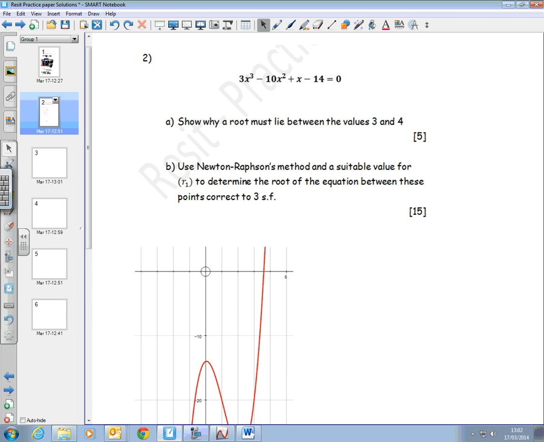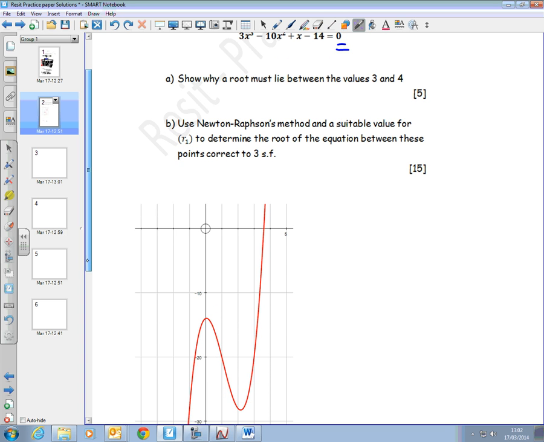Okay, resit practice paper, question number 2. Here we've got to try and find the root of this equation above here. And that means where it cuts the x-axis, because we're after where y equals 0. So in other words, if I plot the function, and in the actual question, you won't